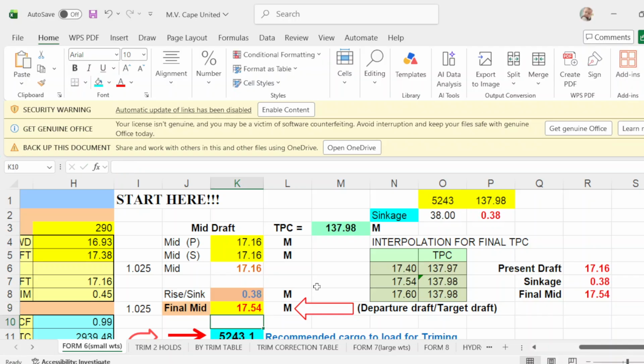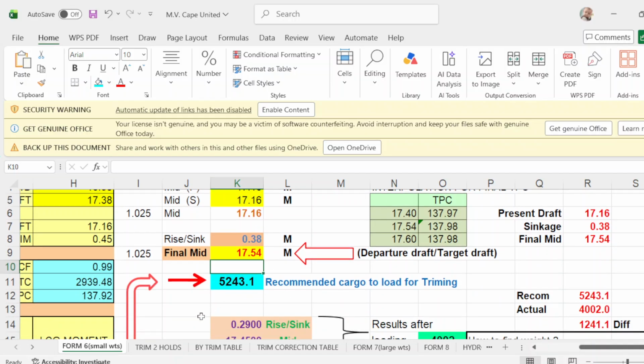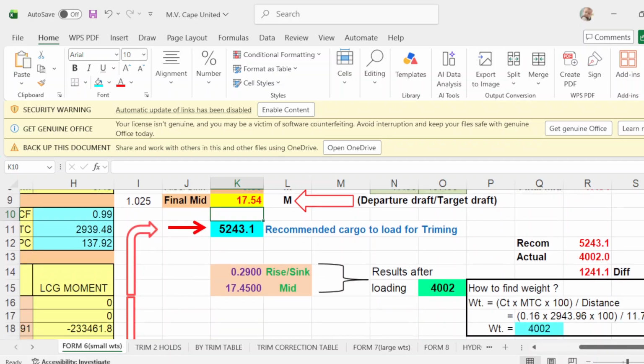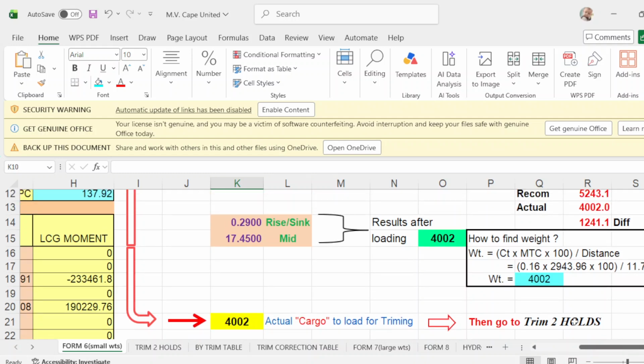17.54. Okay. Then your mid drop, your TPC is 1798. Okay. And trimming, cargo trimming is 5243. Put here, this will change. 5243.